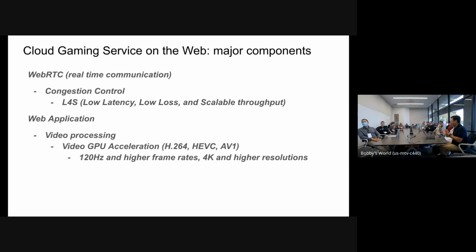That is more of a WebRTC working group thing, but we are still highly relying on the web application, which means we still rely on major parts of the Chrome browser, like video decoding and software fallback or HDR. We are highly relying on the current media capability of the browser.